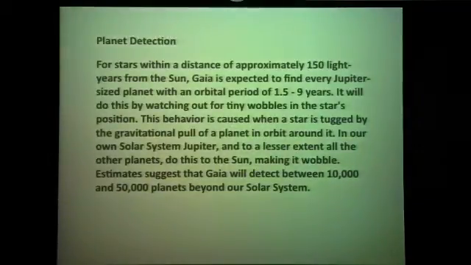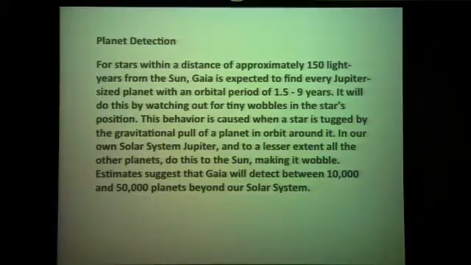As far as planet detection, this is from the Gaia team's website. For stars within a distance of approximately 150 light years from the Sun, Gaia is expected to find every Jupiter-sized planet with an orbital period of 1.5 to 9 years. It will do this by watching out for tiny wobbles in the star's position. This behavior is caused when a star is tugged by the gravitational pull of a planet in orbit around it. In our own solar system, Jupiter, and to a lesser extent all the other planets, do this to the Sun,